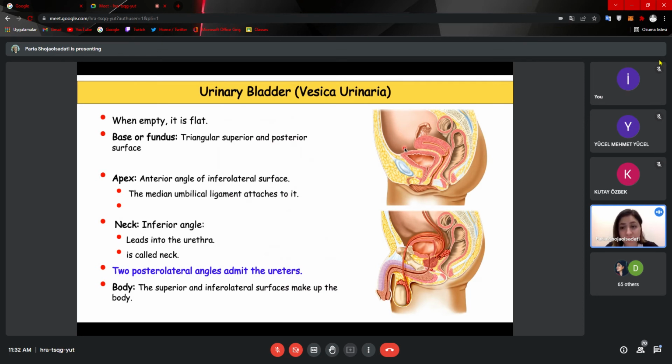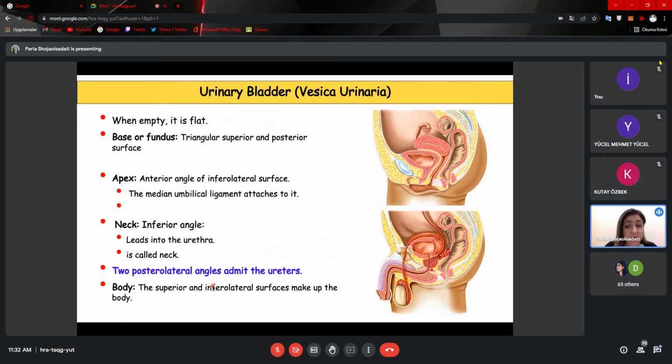This side is named the apex of the urinary bladder, and this apex side is connected to the umbilicus by a specific ligament named the median umbilical ligament